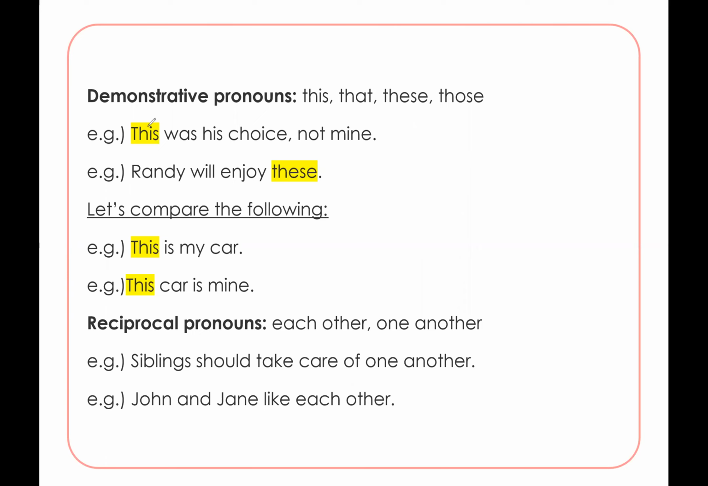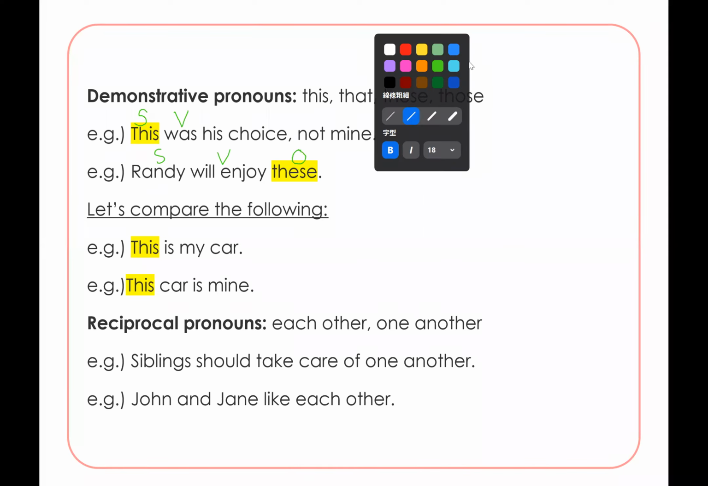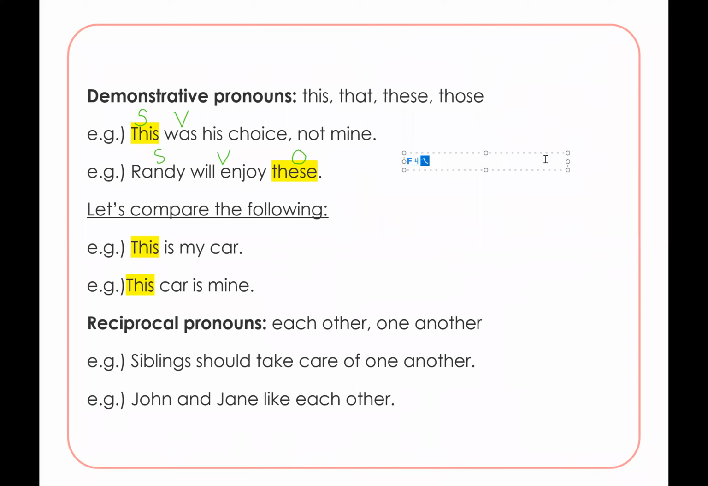All right, so in this case, the first sentence, this was his choice, not mine. This is the subject and was is the verb. And second example, Randy will enjoy these. Randy, and then will enjoy. These is the object. However, I do want you to keep in mind that for SAT,